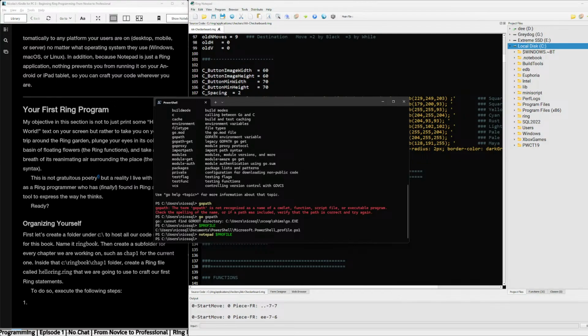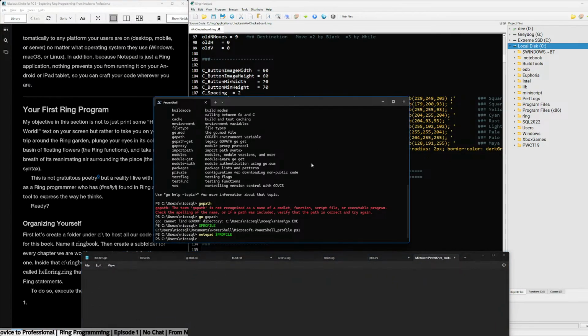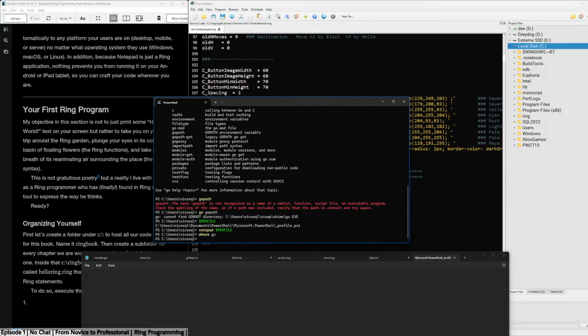Import. I don't know what that is. Go. Or no. Where go? That's what it was, wasn't it? Which go?